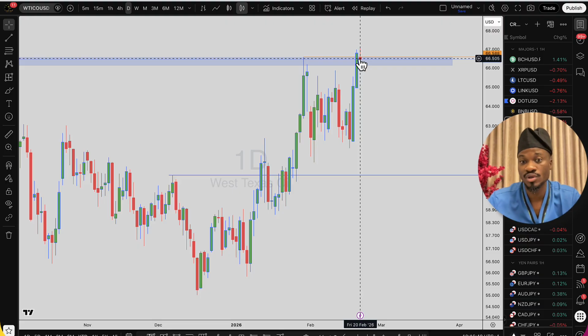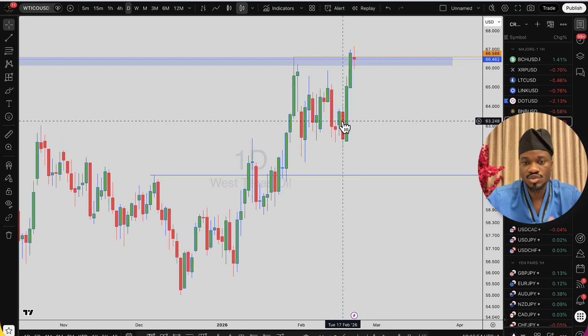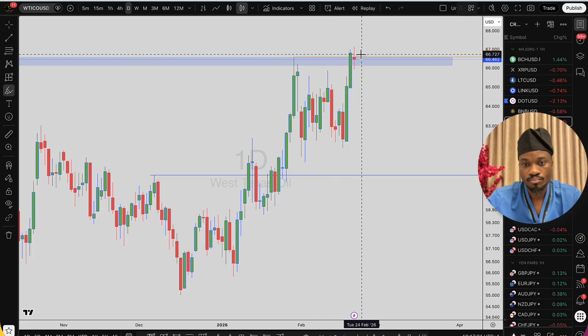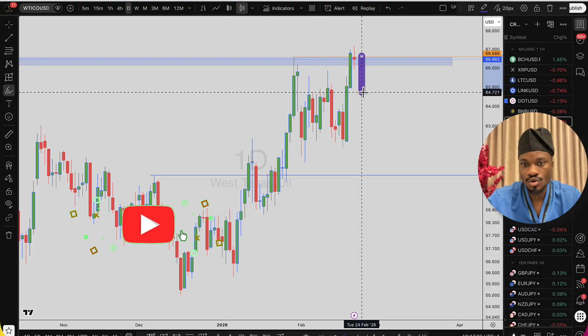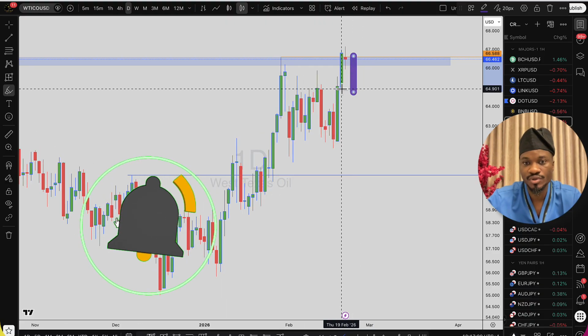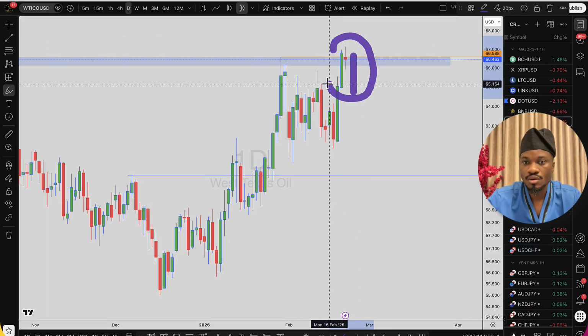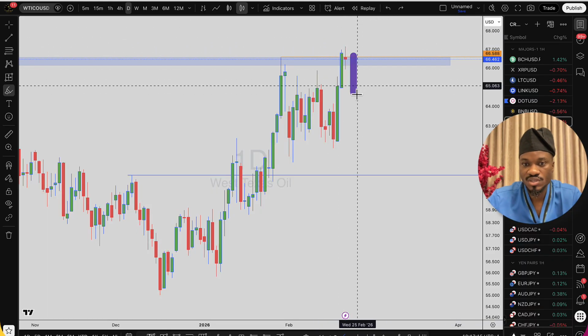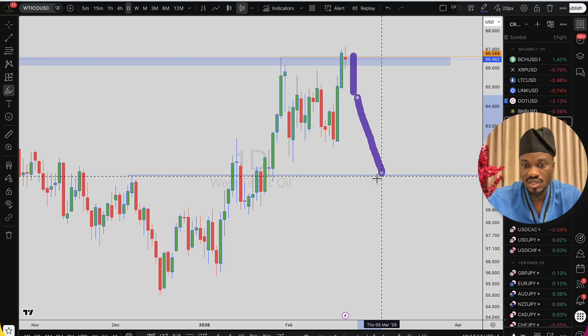So we don't know who will eventually become the champion in this battle. So what we need to do next week is to exercise patience. So there are two things you should expect on these assets. So number one is, if the next candlestick can give us a bearish candlestick whereby clearing the low of the bullish candlestick which formed on Thursday 19th of February, there it means we have an evening star right here, and this could lead to the sell-off from this level all the way more to this next key level structure we